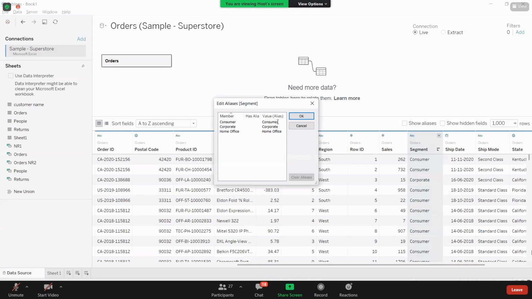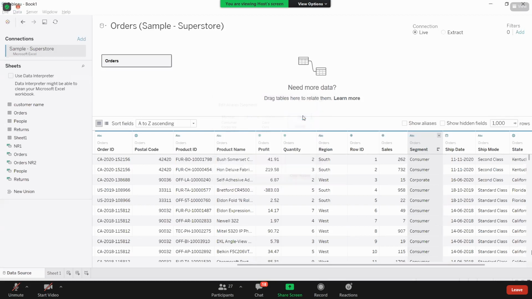Click on the field on which you want to perform this aliasing. I am giving this the name CONS. This one I am giving CORP. This one I am giving home. I am taking only the first 4 characters. Click on OK. Now see, here it is showing the aliasing.